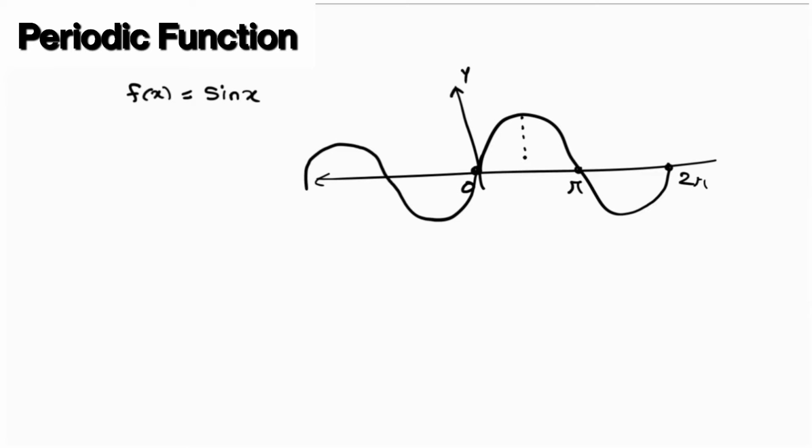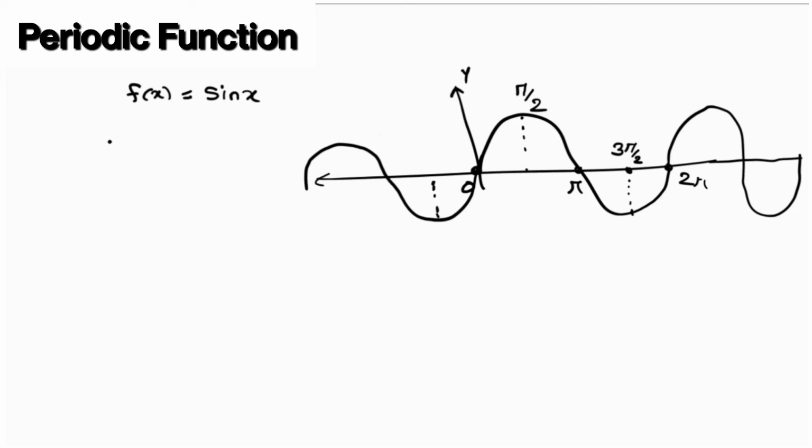Here sine pi by 2, its value is 1, but when we continue with this process, sine 3 pi by 2 is minus 1, and if we continue this curve, again you will get 1 and then again minus 1, again 0. So this type of curve you will get, and this nature of curve is nothing but periodic.